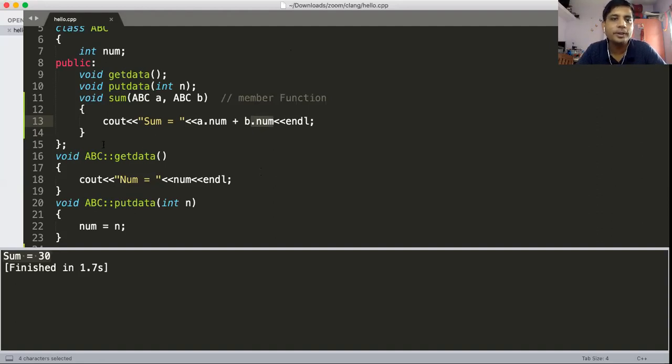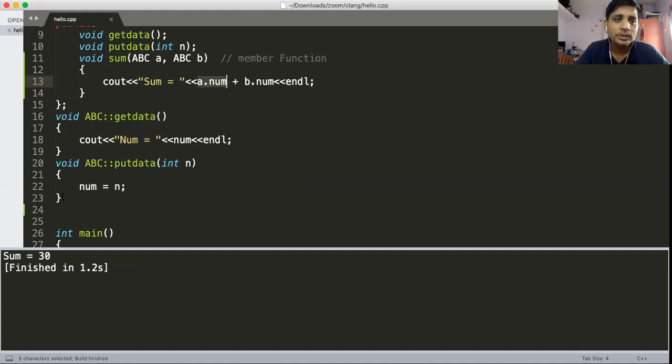Okay, so it means that only if sum is a member function can I access the private member of the class. Getting? Okay.